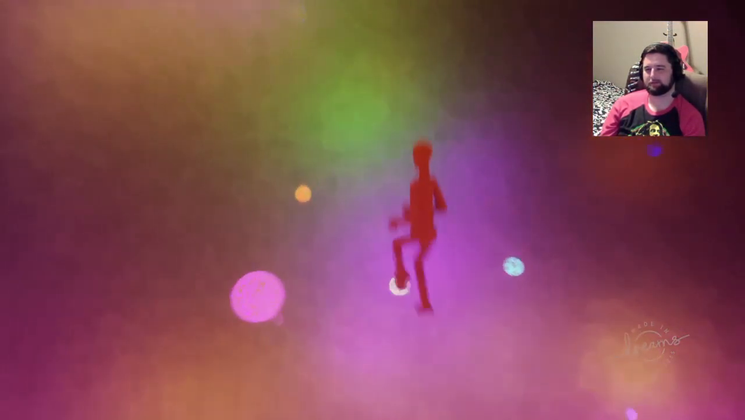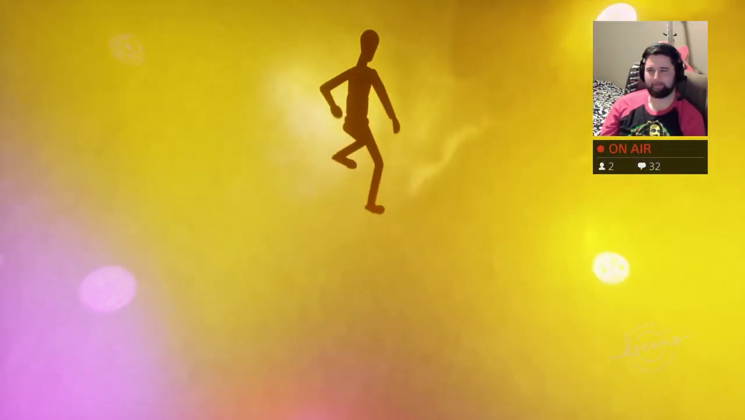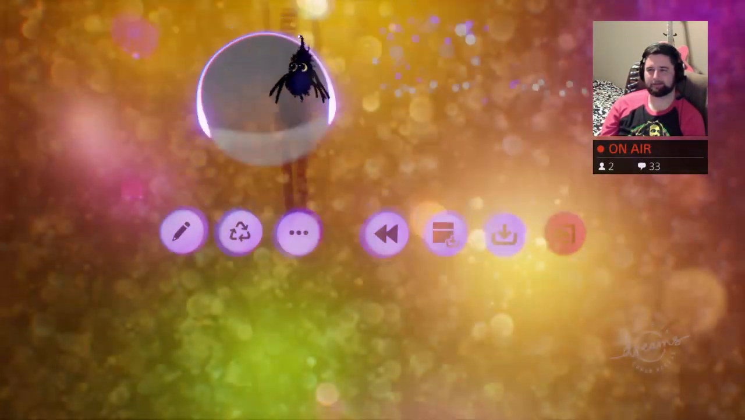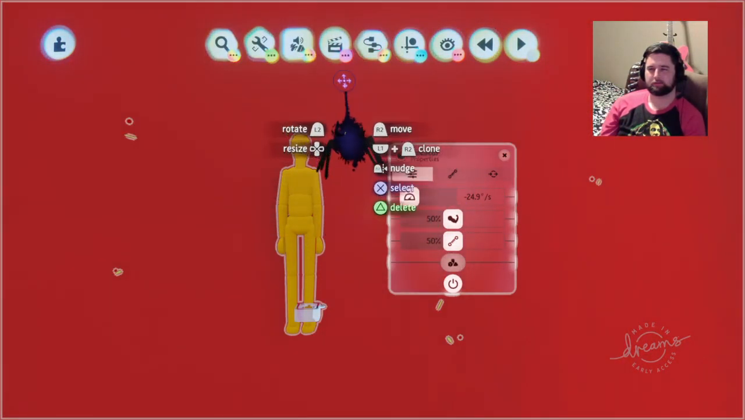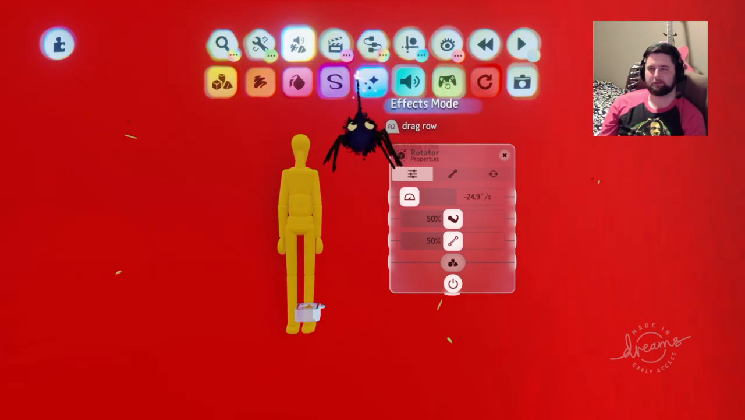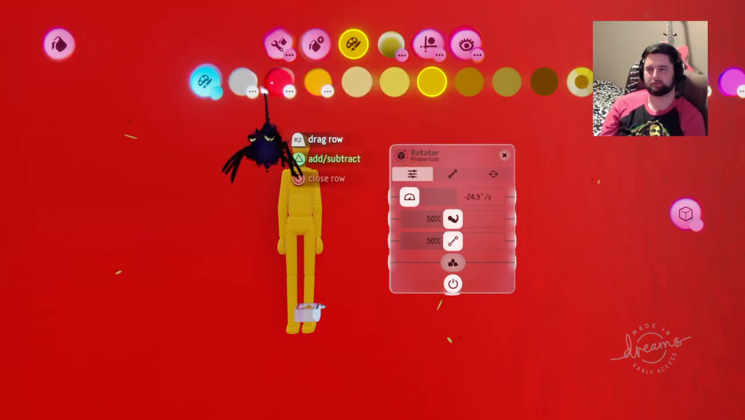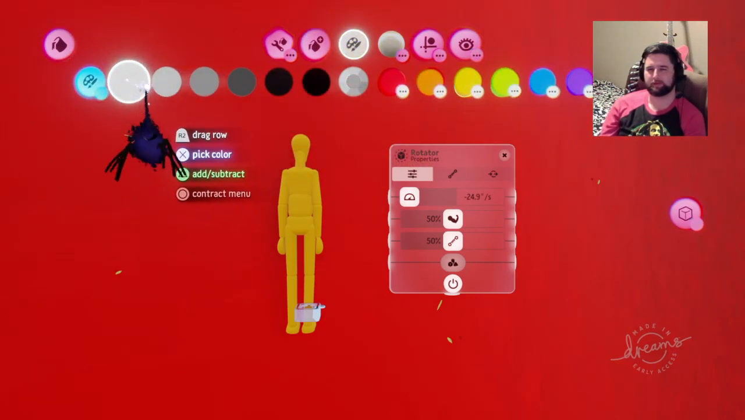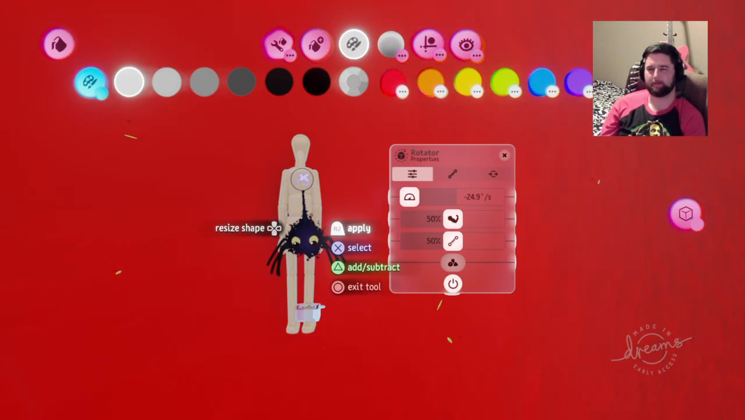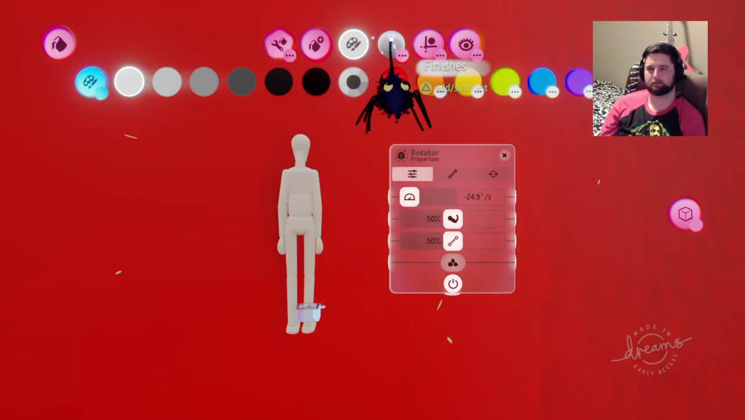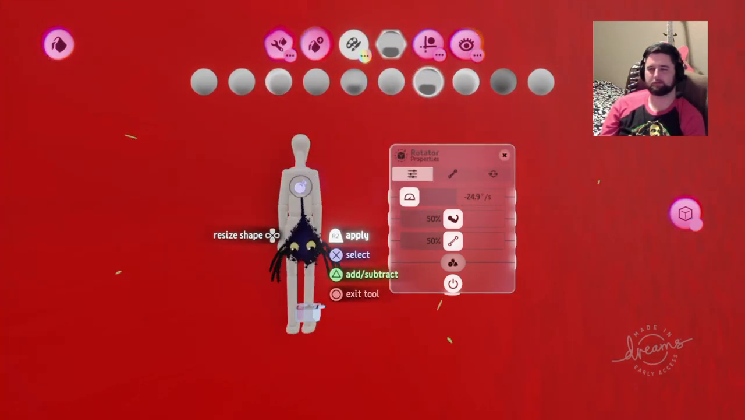Whoa, dude, he's tripping. Yeah, it's insane. Especially if I did like, let's see, coat mode, coat. Let's do white. Let's make him completely white, and then we're gonna give him a metallic finish, shiny metal,